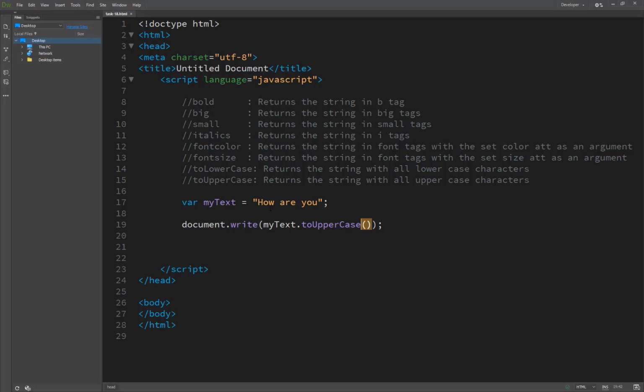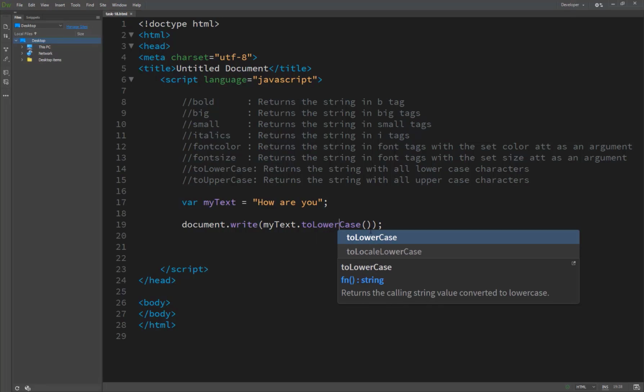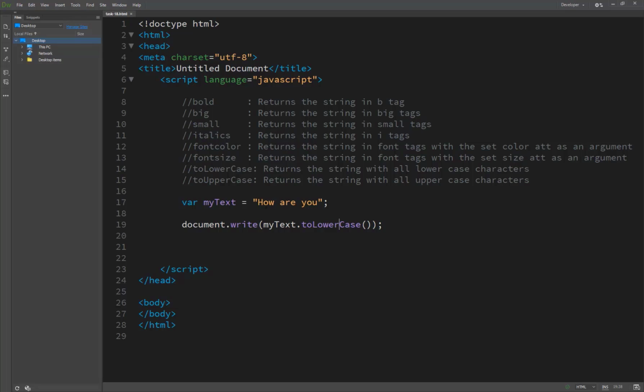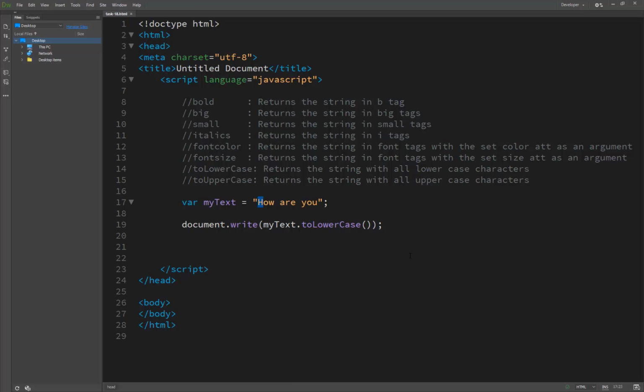You see "how are you", these are all in uppercase, whereas I wrote only the H as a capital, and all the other letters were small, but I just overwrote this by using this function, to uppercase. And if I write here to lowercase, you will see the H will automatically be in lowercase. So here's the technique, the upper and lower case.